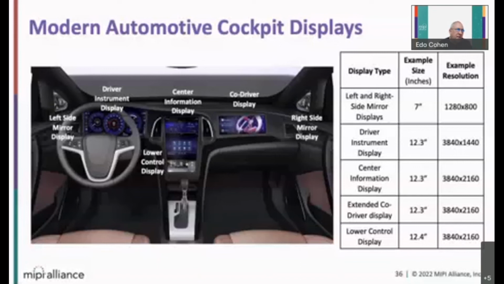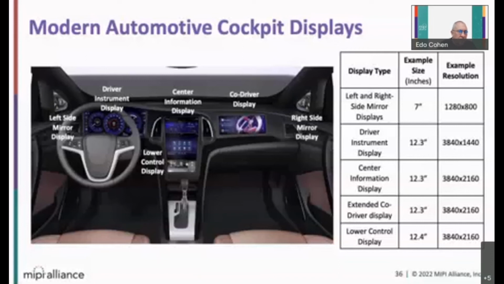Here you can see one example of having multiple displays, like side mirror replacements that are sitting at the sides, a driver instrument display that is replacing the traditional gauge, a center information display.